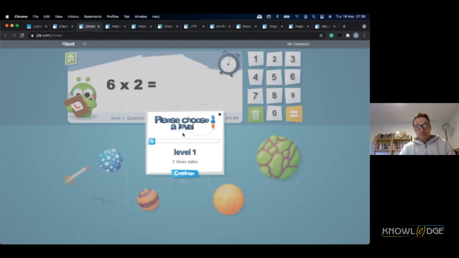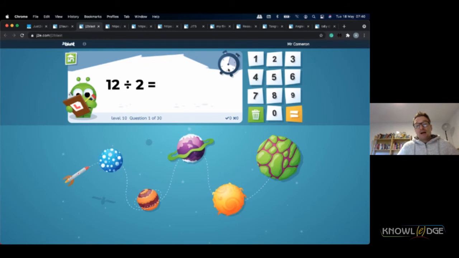In practice mode, you can choose the level at which you want to practice your times table, all the way from 2s and 4s and 5s up to the 12 times table. And if you're going up to level 20, we'll give you the 12 times table and even more opportunity to demonstrate your ability at division too. Whatever level you're playing at, if I just press go, you'll see there is a timer at the top of the screen.